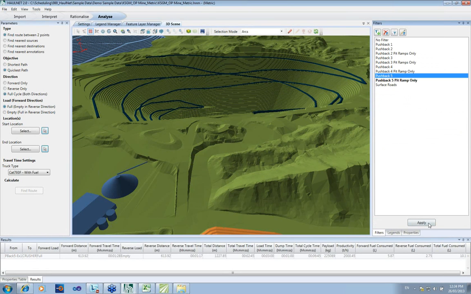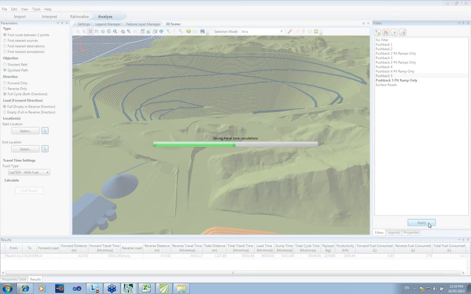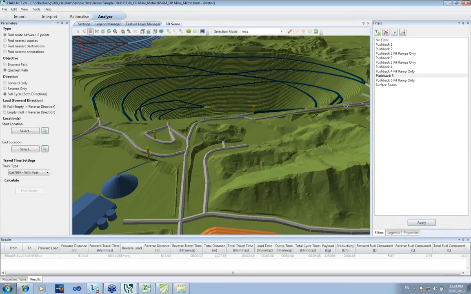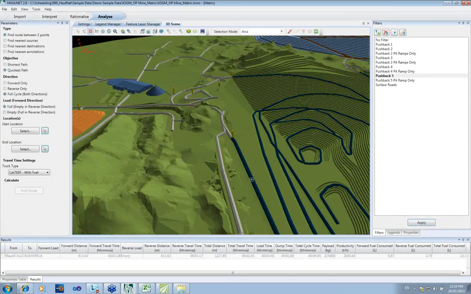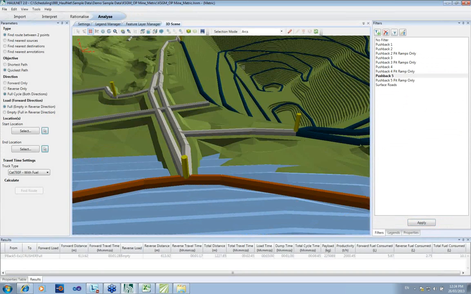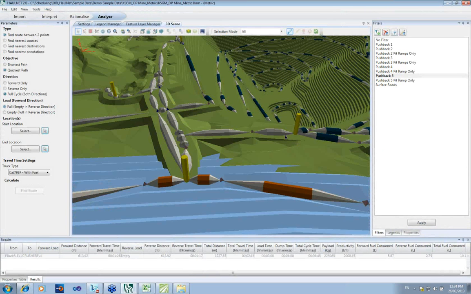Filters, we'll go back to the filter here. We have the ability to simulate stop signs and other traffic controls that you may have in your network. We have what we call directional arcs. Directional arcs allow you to set speed limits on both directions of any arc. On this arc here we can see we can set a speed limit going to the east and one to